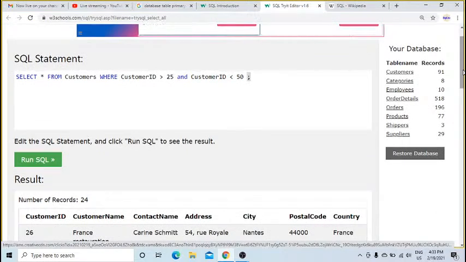Now, when you write select star, it will give all columns in the table. But sometimes we may not want all columns. Sometimes we just want some specific columns. For example, let's say we want only customer name and city. We don't want all the columns. What you do is simple: in place of star, just write